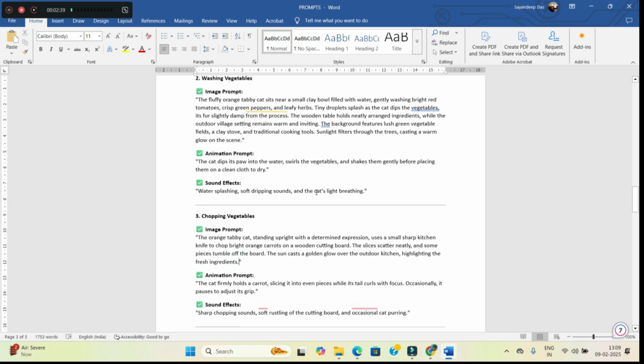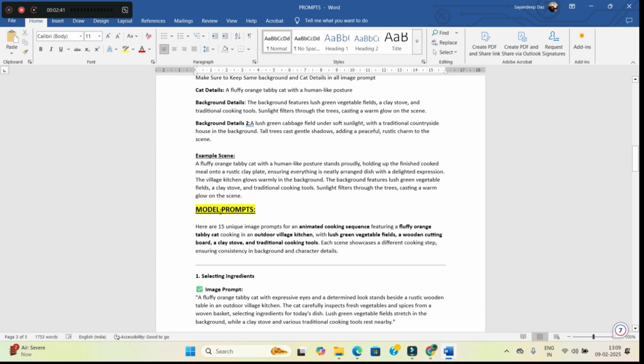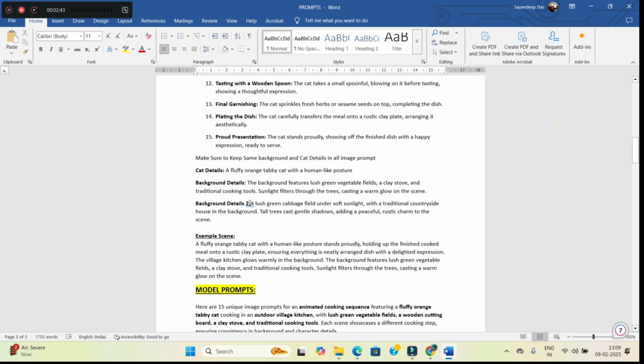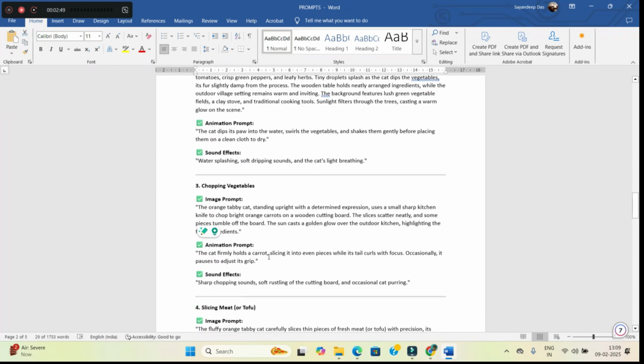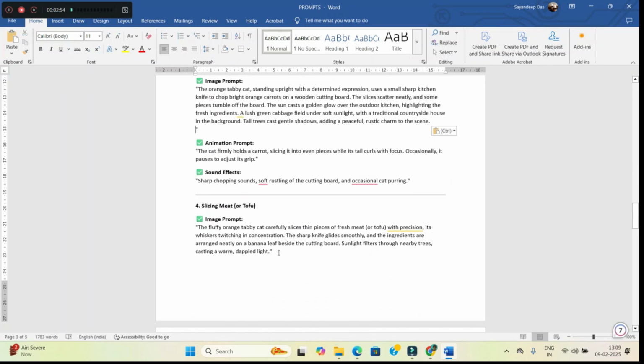If you want a similar kind of background, then you will have to copy the background. Let's suppose I'm copying this background type, and you will have to just paste it at the end of the prompt. That's it. Make sure your background is similar and the cat's description is similar in order to maintain a consistent character. In the same way I'll have to give the backgrounds in all the images.